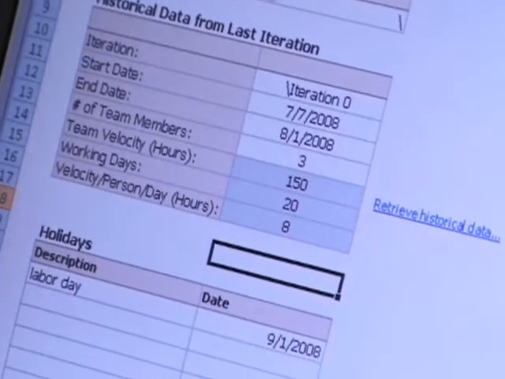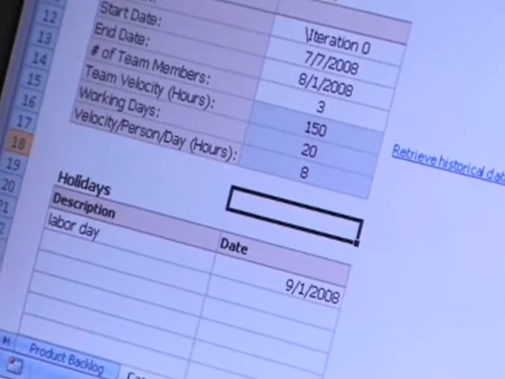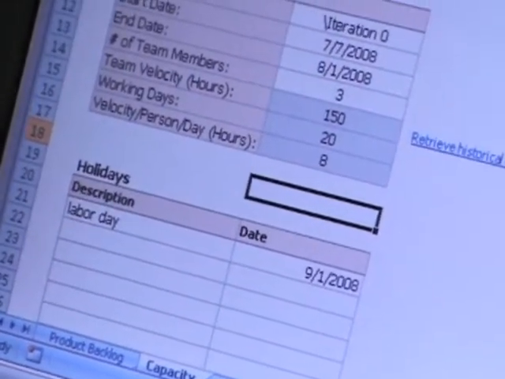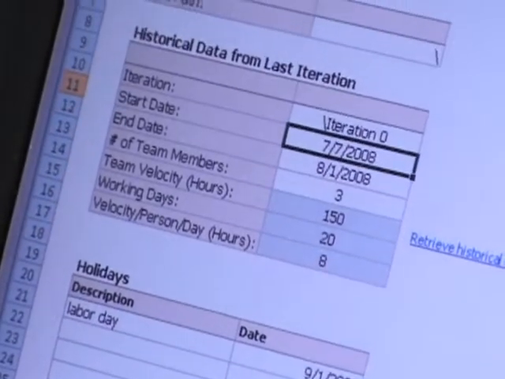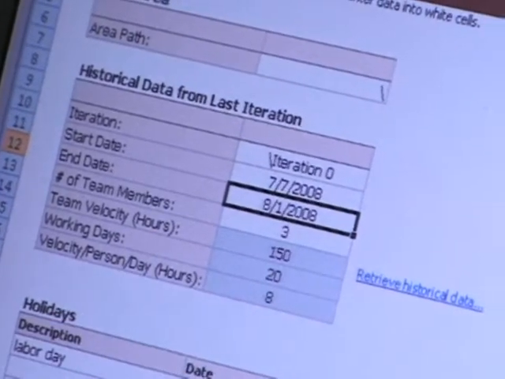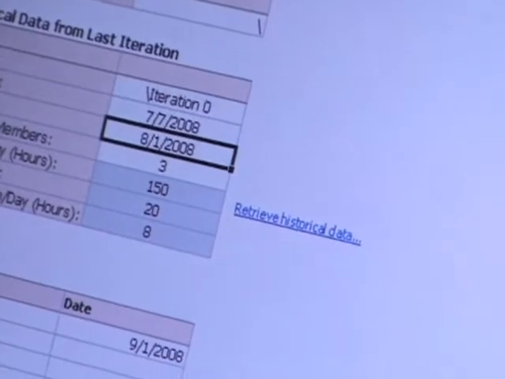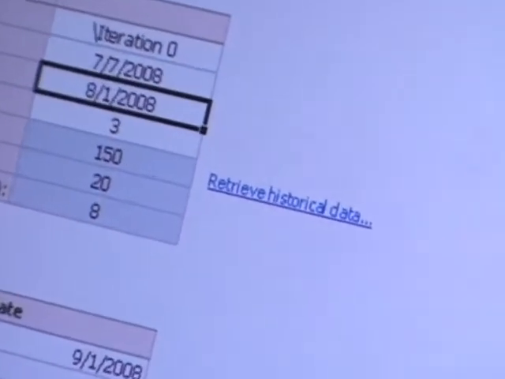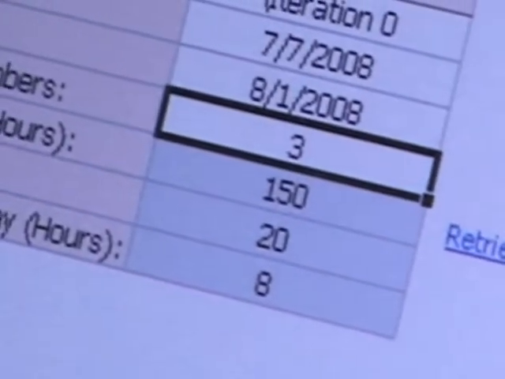If you look, what we've done here is we've just taken some simple basic information. We look at a previous iteration. In this case, I'm looking at iteration 0. Fill in some basic information about the start and end date, and I can actually retrieve historical data from our data warehouse to tell me what the velocity was on that previous iteration. And then I can put in some